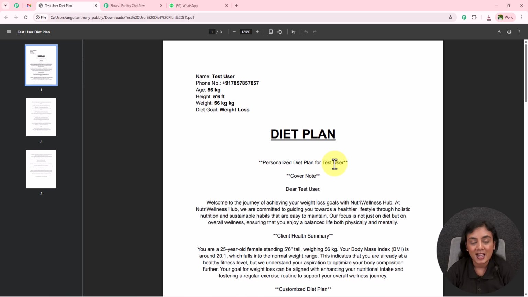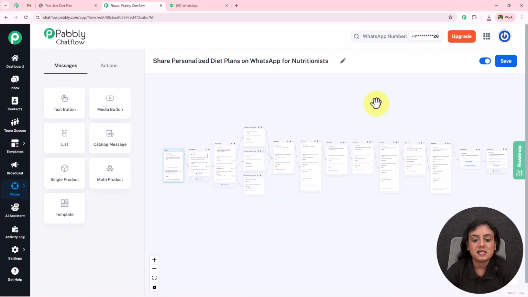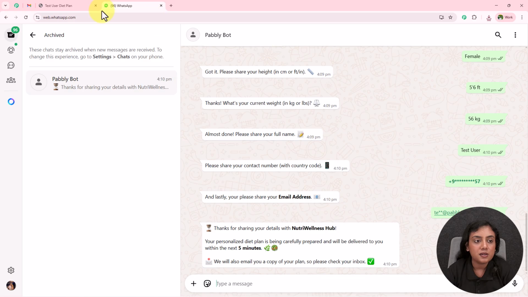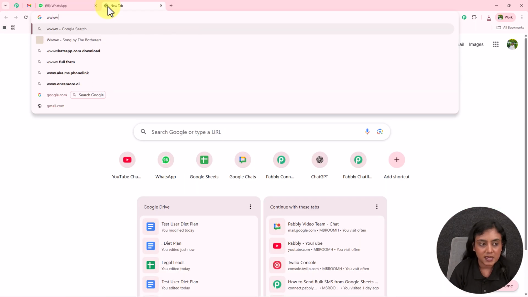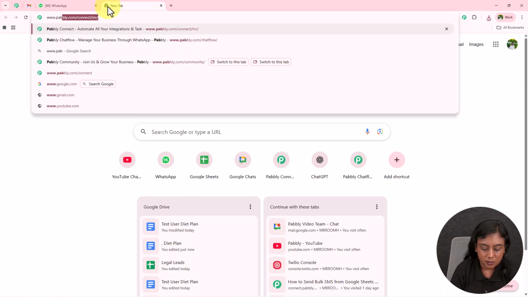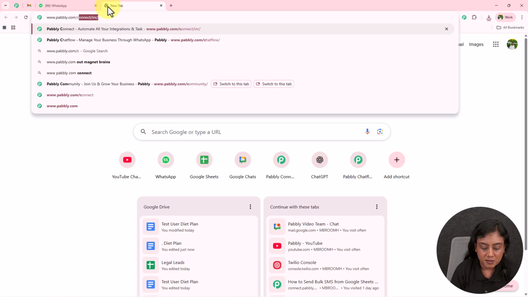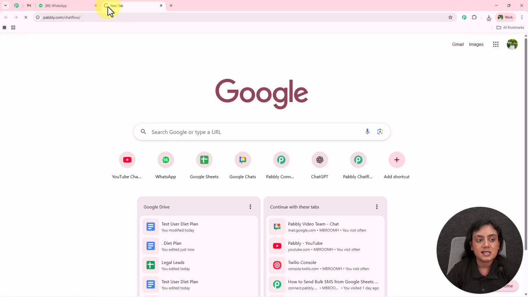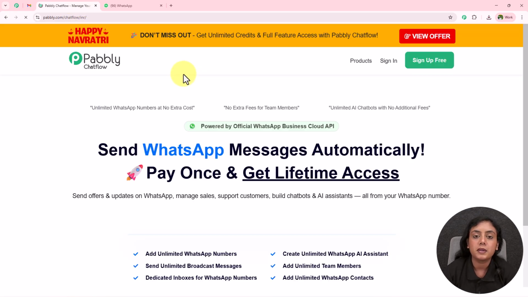without you lifting up your finger. Yes, so now for that what we are going to do is we are going to create this amazing bot, and we are going to create the personalized diet plans using Pabbly Connect. Okay, for that what I am going to do is on a new tab I will be browsing the website of Pabbly Chatflow, that is www.pabbly.com/chatflow, and as I'm going to do that, Pabbly Chatflow's landing page is then going to appear in front of